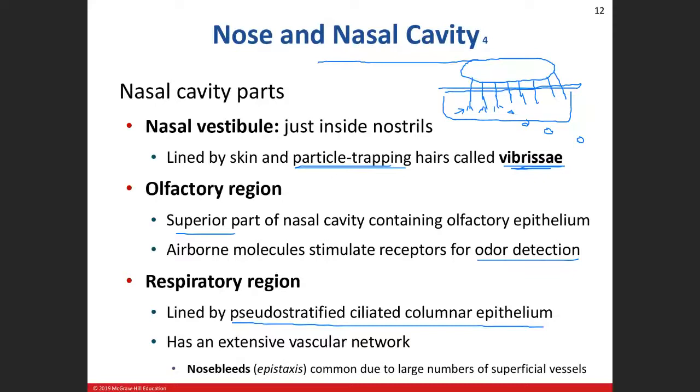He just kept picking his nose, and he damaged the pseudostratified ciliated columnar epithelium so much that the underlying capillary network was exposed chronically. That's how he was getting his nosebleed. So he told the guy to stop picking his nose. I just thought that was funny. That was his medical